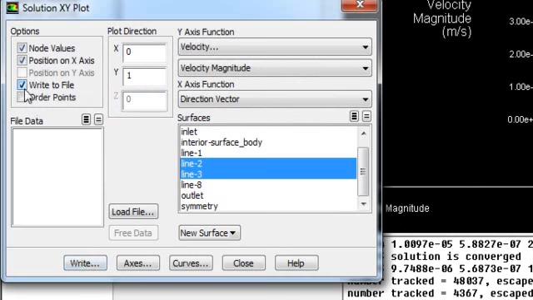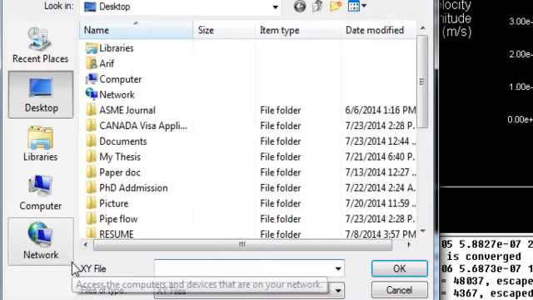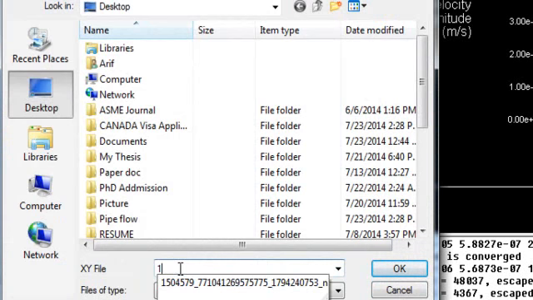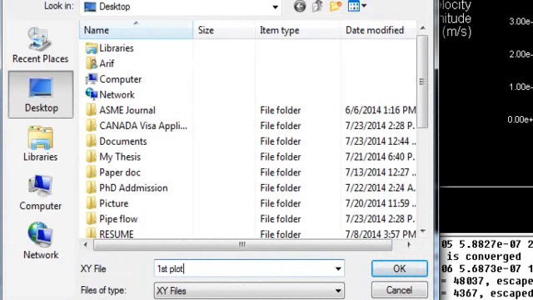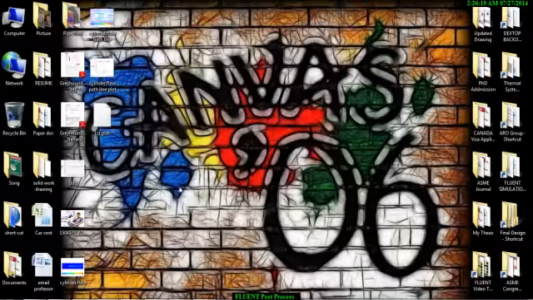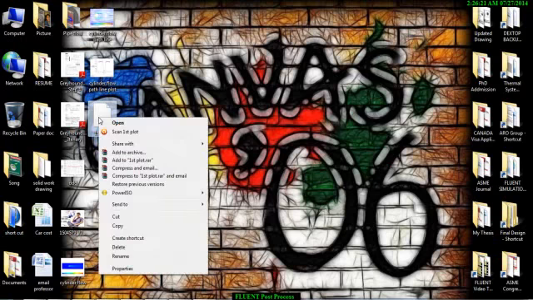If you select this write, this plot option will change to the write option. Write the file name, let's say first plot, and it will save it as an xy file. So go here, xy file. You can open this xy file